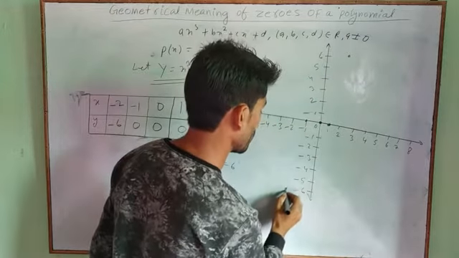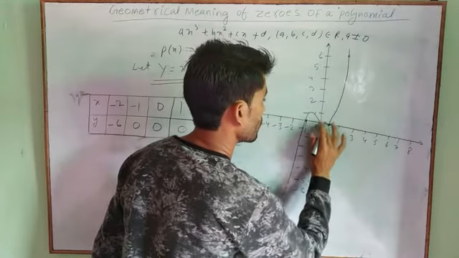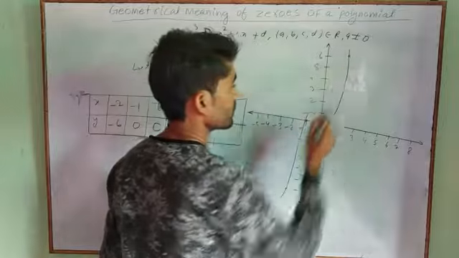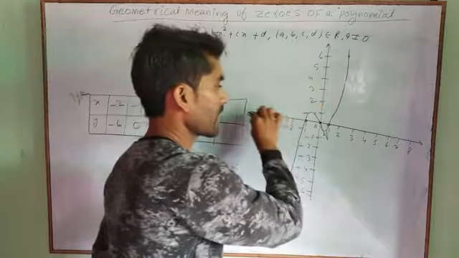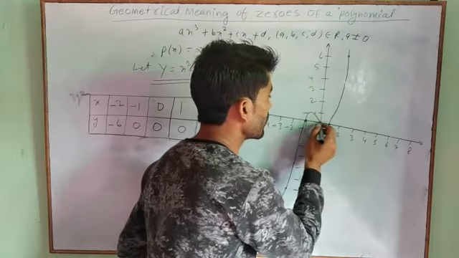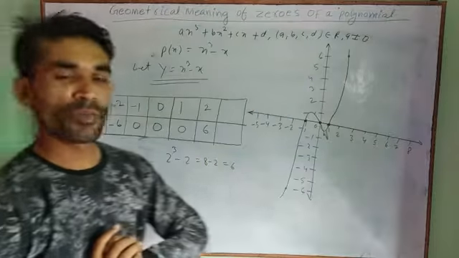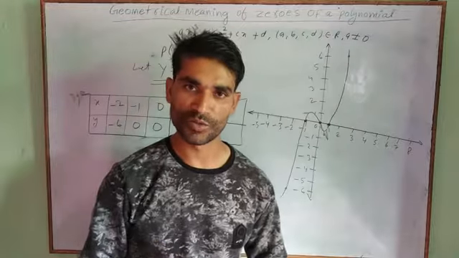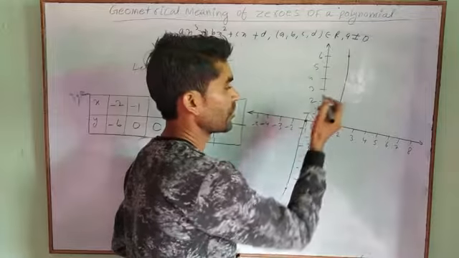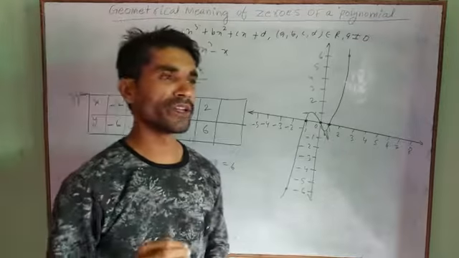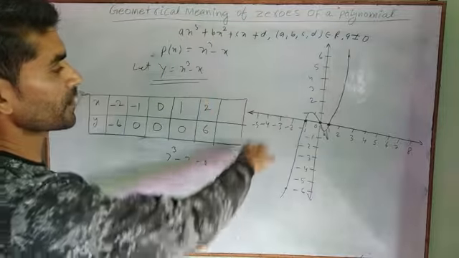Now let's draw the graph. See, it will look like this. See the graph. It is a curved line, and this line is intersecting the x-axis at 3 different places, here, here, and here. That is why the cubic polynomial has 3 zeros, has 3 solutions. As we can see, the graph intersects the x-axis at 3 different places. It means it has 3 solutions, right? And this graph is a curved line.